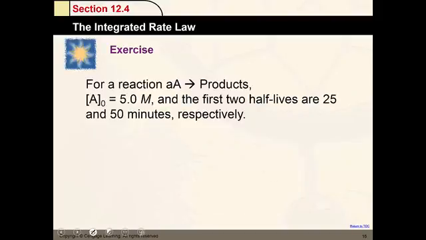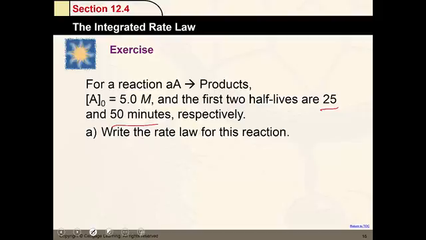Okay, so now if you're given this, you should be able to identify, okay, is this a first order or second order reaction? So you're given the first two half-lives are 25 and 50 minutes respectively. So that means it cannot be first order since those half-lives are not constant. If you look here, 25 to 50, that half-life is doubling, meaning it has to be a second order reaction. So if we want to know the rate law, when it's asking for the rate law, that means the differential rate law, so that means rate equals k, A to the second power, since it is a second order reaction,